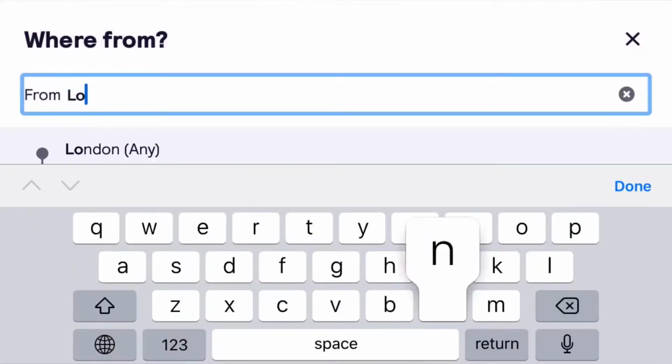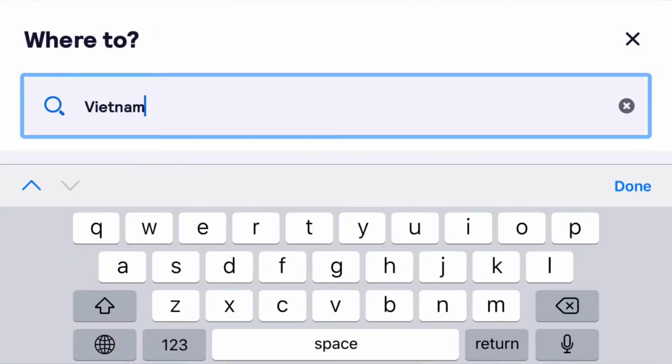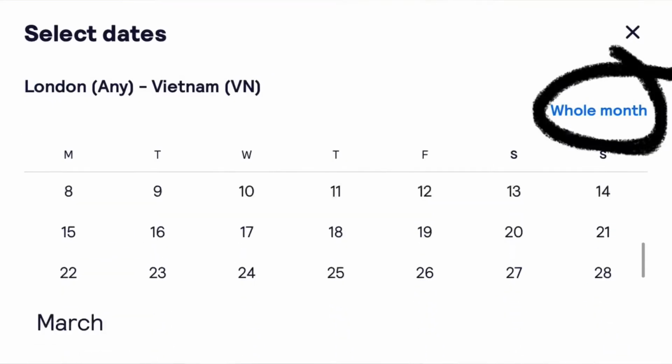I would advise using Skyscanner when you're looking for flights, and be creative with flights as well. For example, there's an option on Skyscanner to look at whole months, so you can see when the cheapest time is to fly within that month. Another way to cut down on the cost is to add a layover into your flight, especially if you're flying long haul.